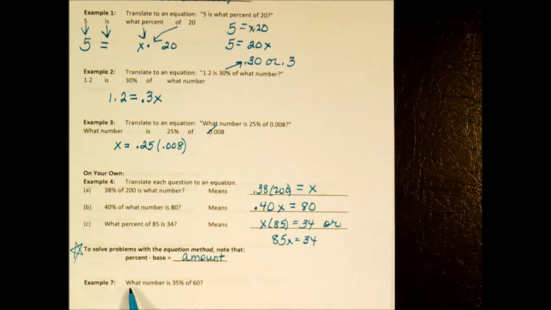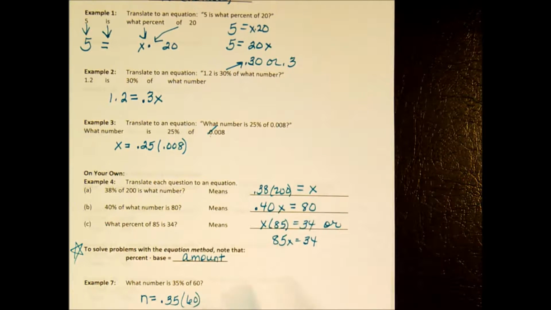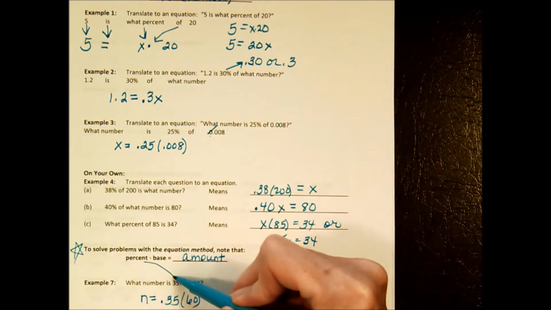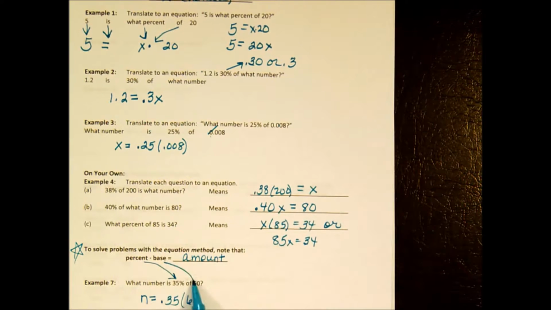So here we have what number, I'm going to use n this time, is 35% of 60. So the percent is right there. The base is 60. The amount is what number in this case. Okay, so if you see that, like if you ask for help in my math lab or math Excel, that may come up. Now, if I was actually going to work this, then all that I need to do to solve for n is I need to